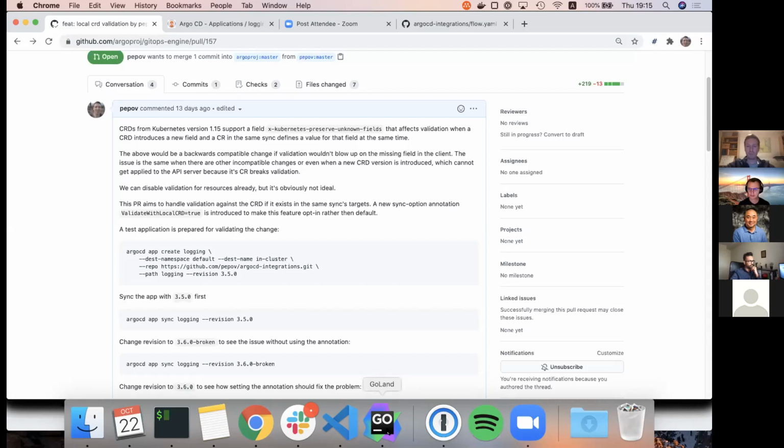We use the validation libraries that the API server does internally. So this validation is a bit different, and I'm also not sure whether this type of validation checks against unknown fields,